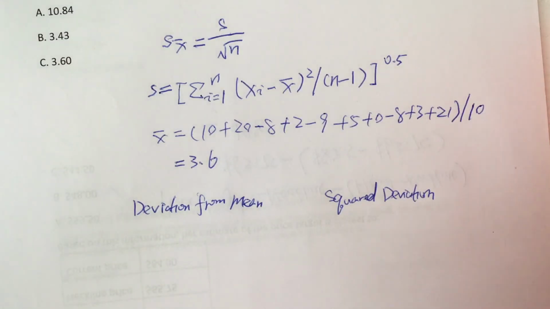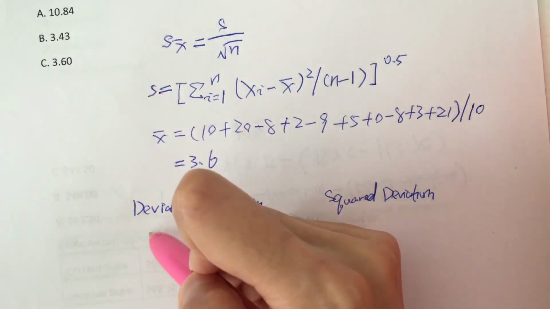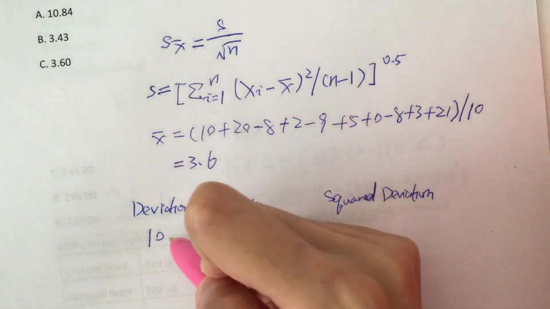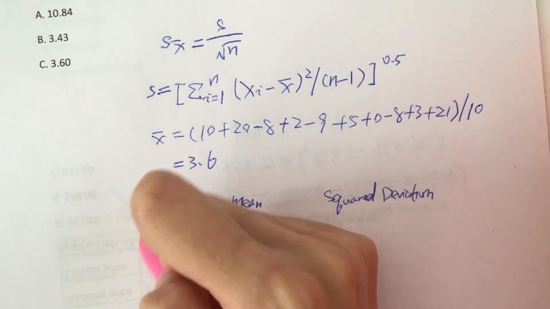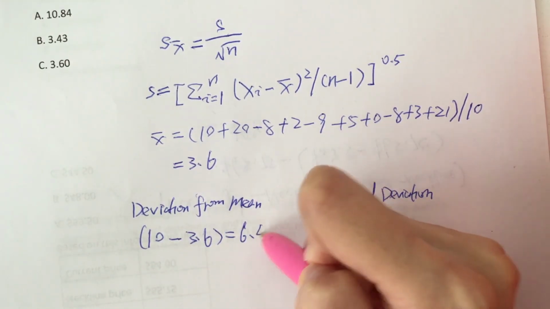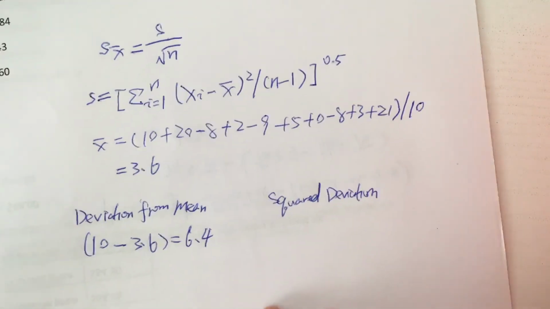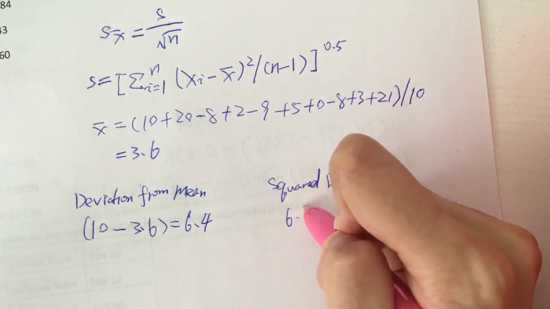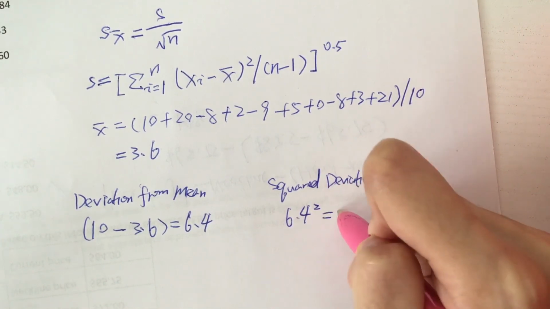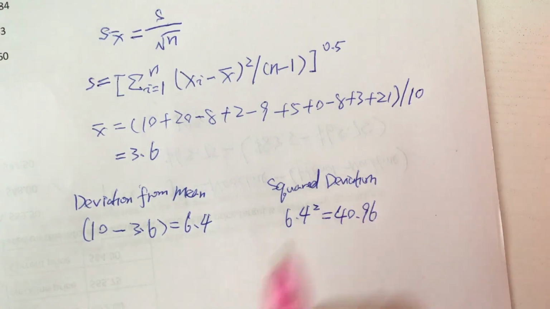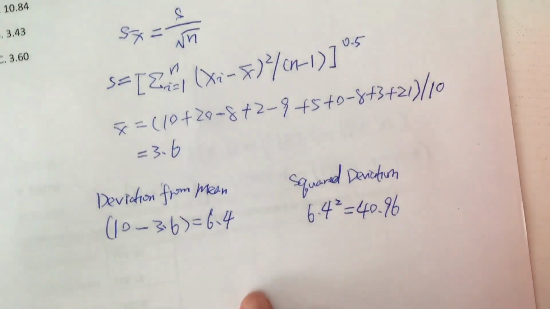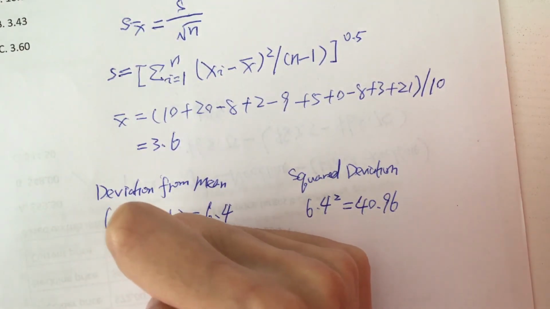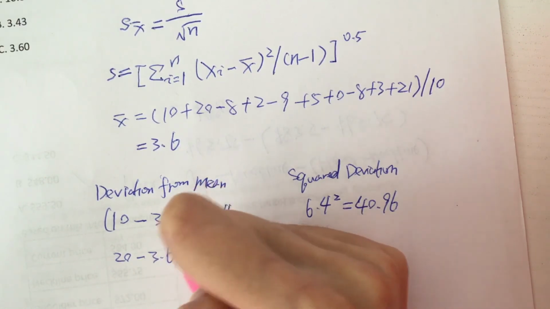For the first number, 10 minus x bar, which is 3.6, equals 6.4. 6.4 squared equals 40.96. And we can do the same to the rest of the numbers. 20 minus 3.6 equals